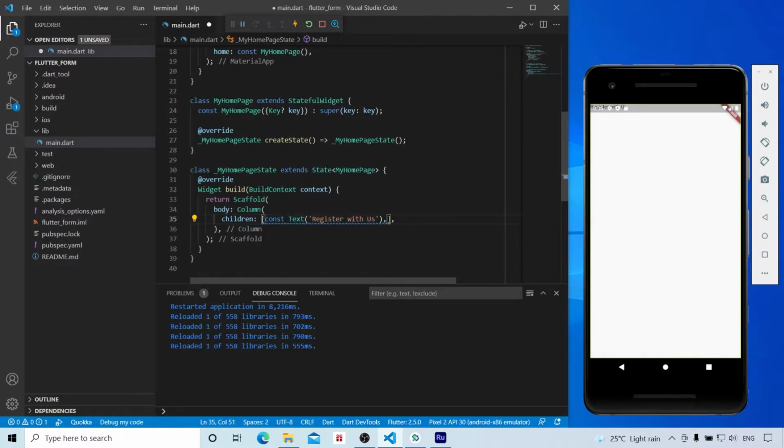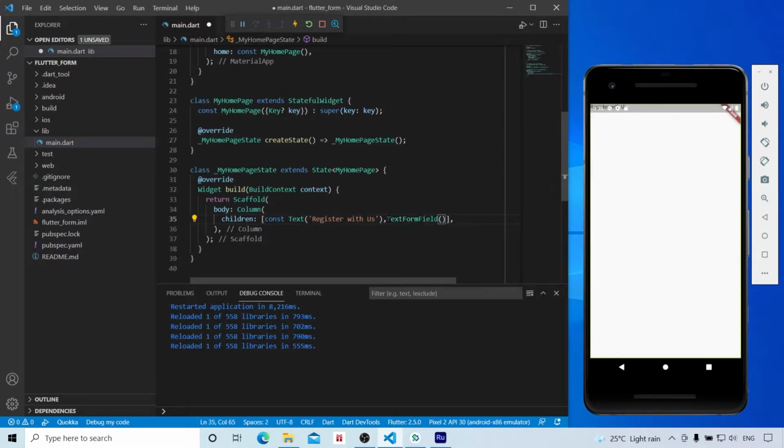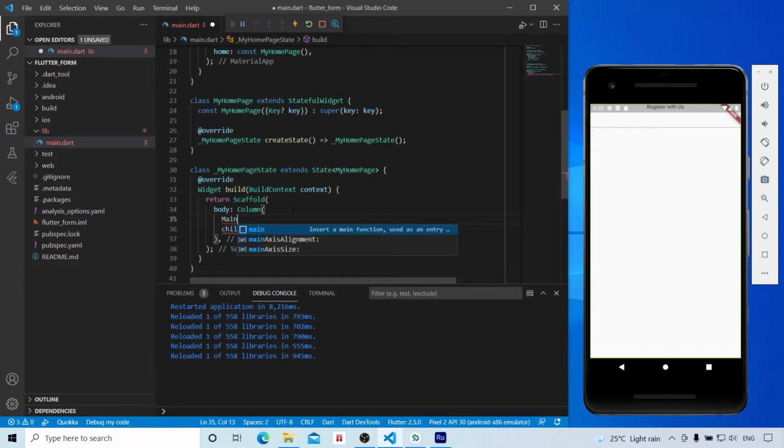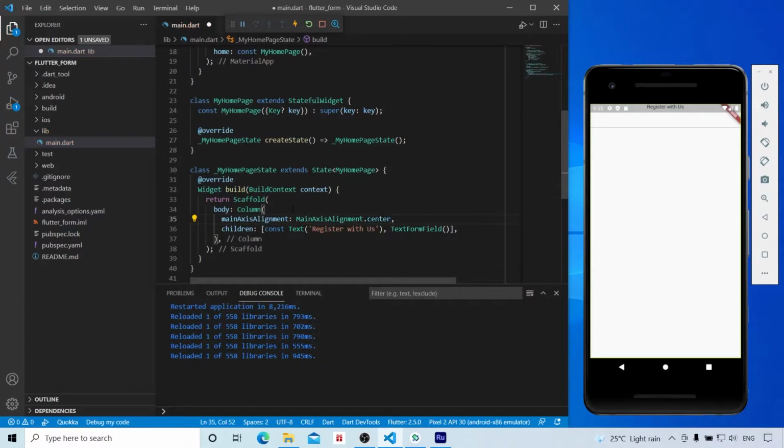Next we will add a TextFormField, which is a text field inside a form. Now to center the elements, we will add the mainAxisAlignment property of the Column and give it a value of MainAxisAlignment.center.